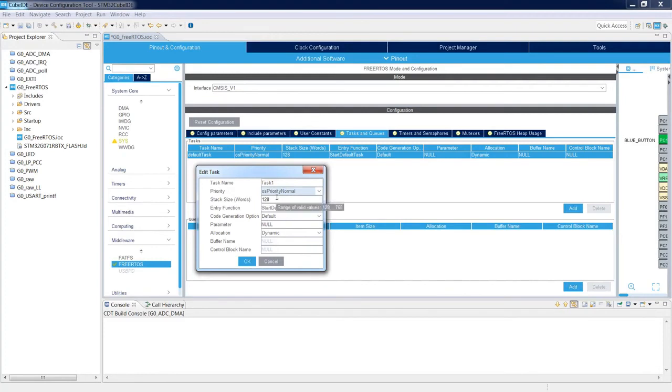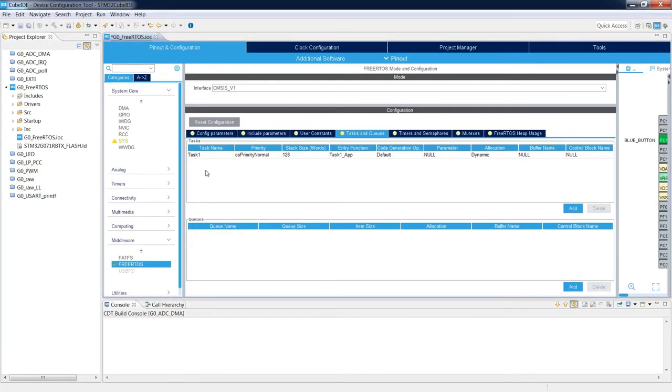Stack size is set to 128 words, so let's keep it like this. Entry function, which is the function that would be called during the task execution. Instead of this StartDefaultTask, I would use something different, just Task1_App. The rest I keep as default. So this is Task 1, and I would add Task 2, just pressing this Add button.